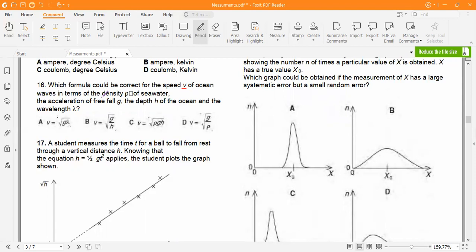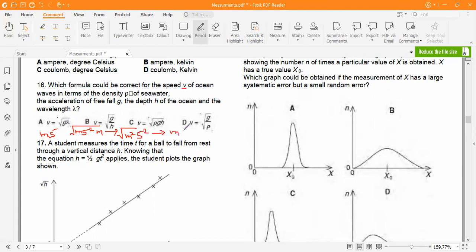What they actually want to know is, you remember in the first chapter, we balanced the units on both sides of an equation. This is basically the same thing. I know that the unit of v is meter per second. If I look at the first option, I have meter per second on the left. On the right side, I have the square root of the unit of gravity, meter second minus 2, multiplied by meter again. So this will be under root meter square second minus 2, and this is giving me meter per second.